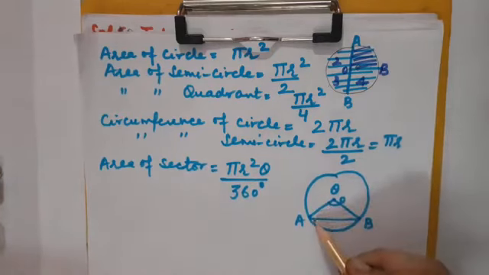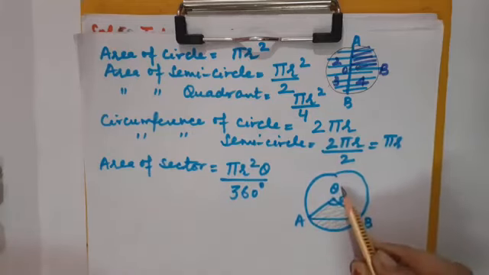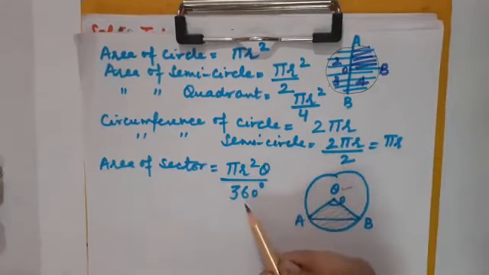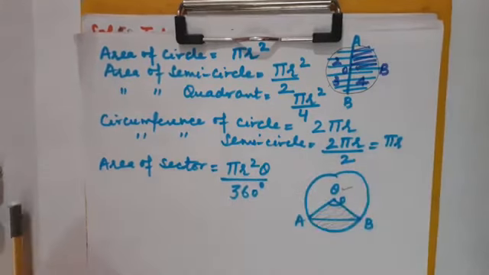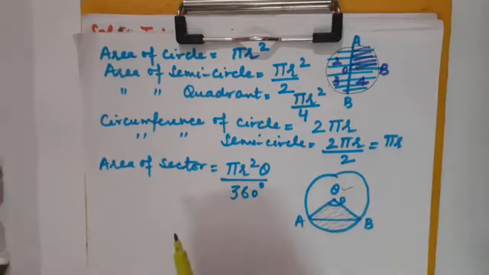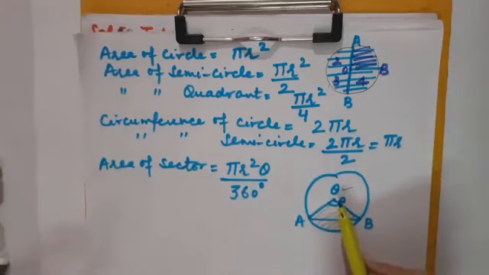Always remember that whenever both the radii are joined here, this is the complete region which is actually the sector. Okay, so they both form one center angle, let it be theta. So how is this formula derived basically? For this, children, we have to consider a circular region to be the sector forming an angle of 360 degree at the center point O.